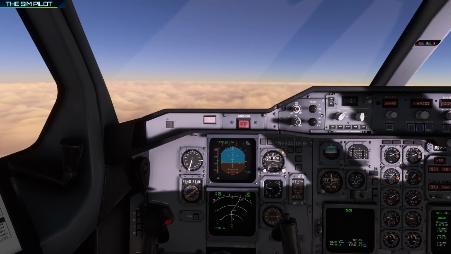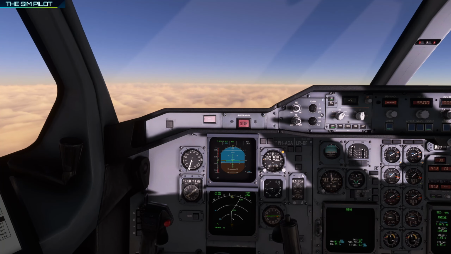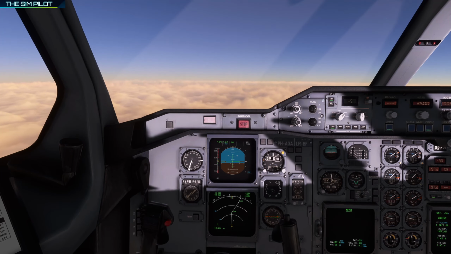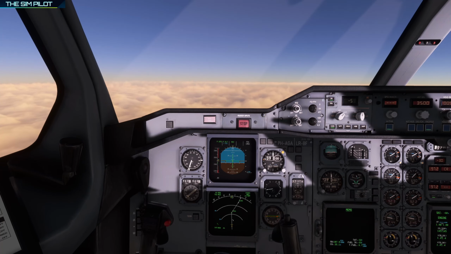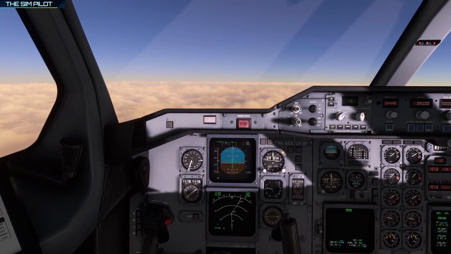Just waiting here, and I'd like to start the descent and show you guys the VNAV or profile descent. The VNAV in this aircraft is not as precise as you have in an Airbus A320. It tries to stay on profile as much as it possibly can with all its ability, but it requires more attention from the pilot, and you need to take some actions when you start deviating from the profile. We will discuss those very shortly when we start our descent,